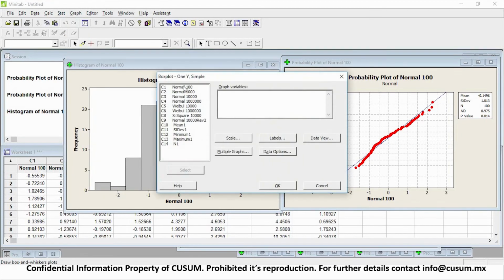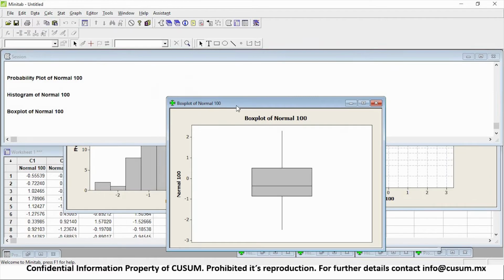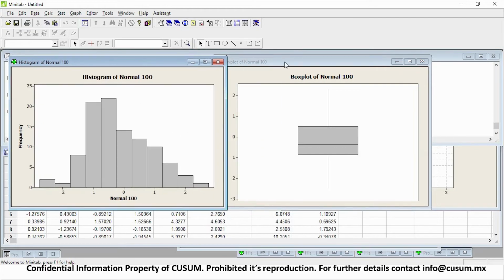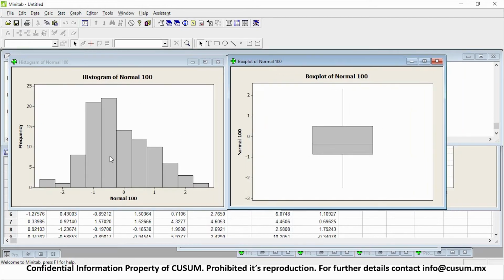So the box plot is very simple. It's pretty easy to understand. What this box plot is telling you, it's a graphical summary of the same information that is right over here. This graph and this graph use the same data, but tell you different things. For example, the histogram tells you how your data tends to be skewed or distributed. So for example, I can look at this and say, this seems to be skewed toward the left. If I look at my box plot, it tells me